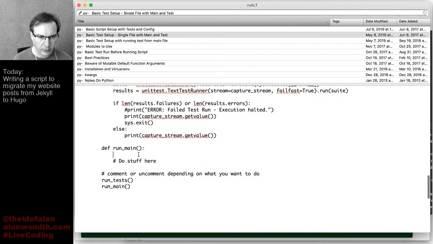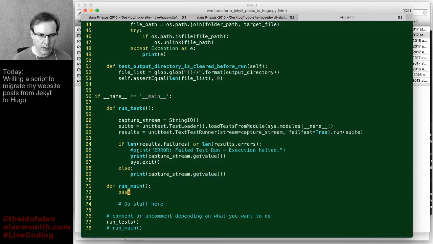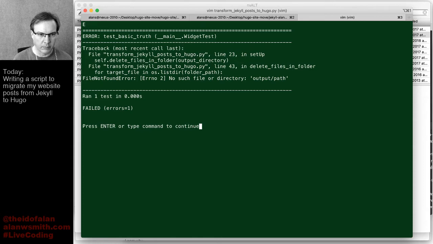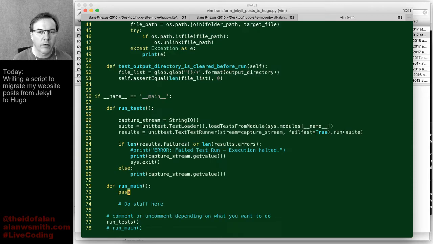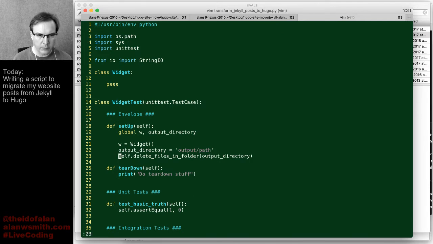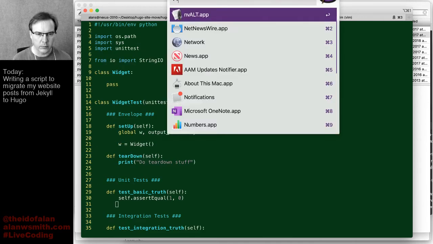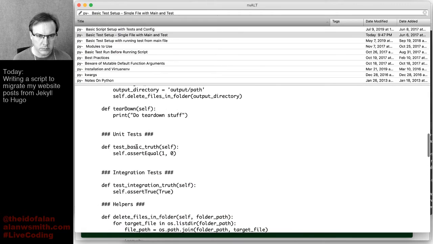So this is just a boilerplate that lets me run a test suite in the same file. 123, go. 23, widget, output directory, delete files and folder. Okay, so don't do that. There you go. So I'll get rid of that stuff too for now,